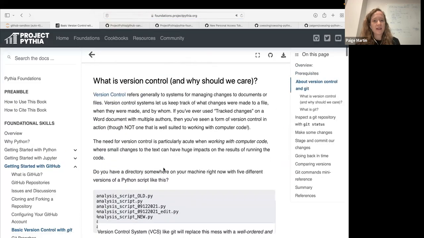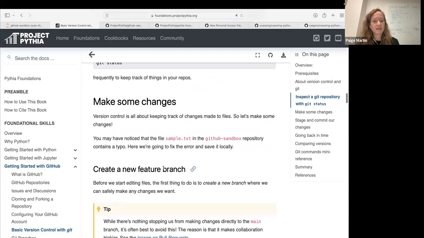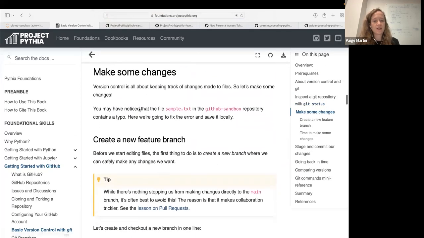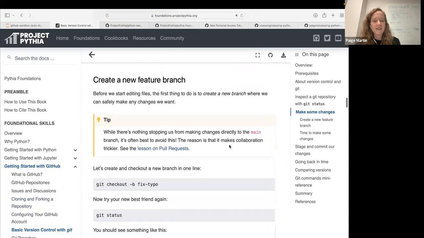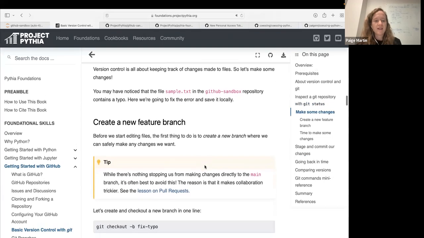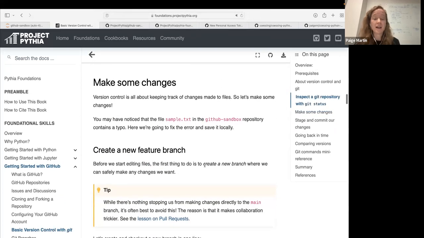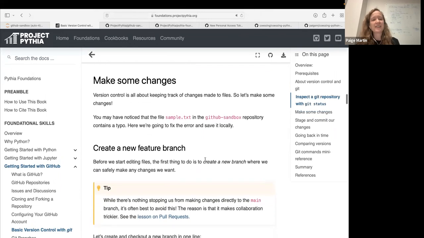So let's go back to Git now, and let's follow along on these instructions here. I need to move my Zoom window again. This is having us create a new feature branch. A branch on GitHub, with Git, is basically